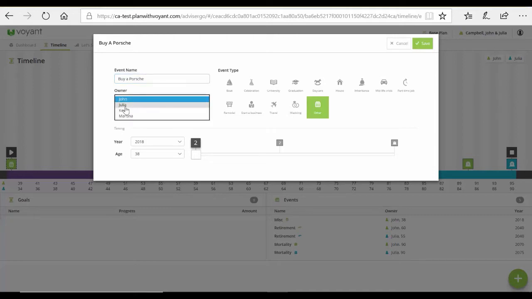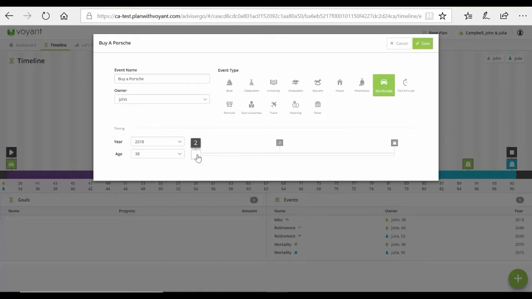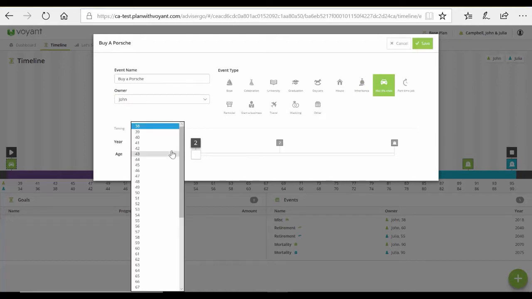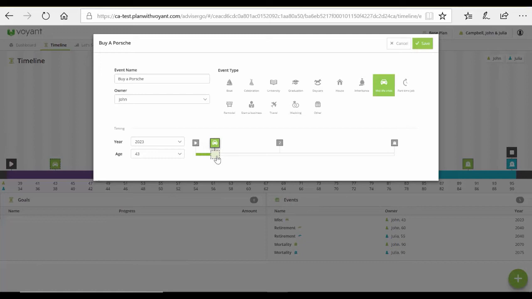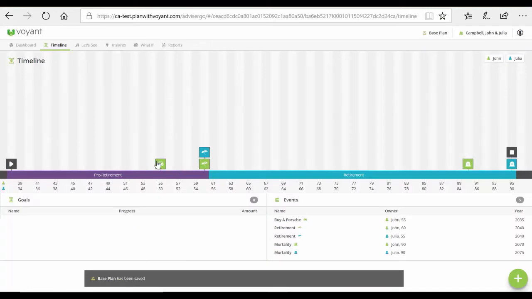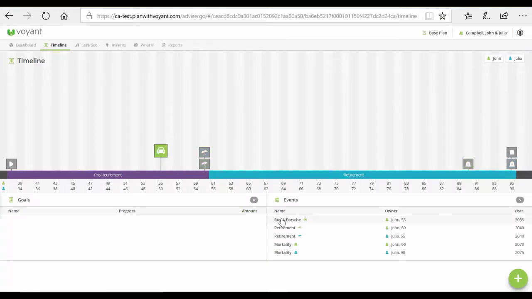Select the owner of the event, give the event a name, and select an icon for it. You can either reposition the event on the timeline by selecting the age drop-down and selecting that future age of 55, or you can use a slider to move the event to the appropriate position on the timeline, here at age 55. Let's click Save, and you'll see that the event, buy a Porsche, is now on the timeline and